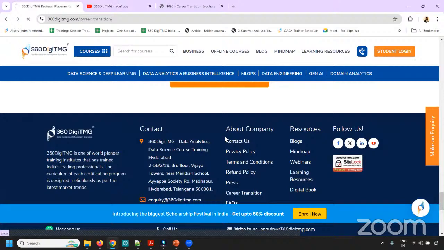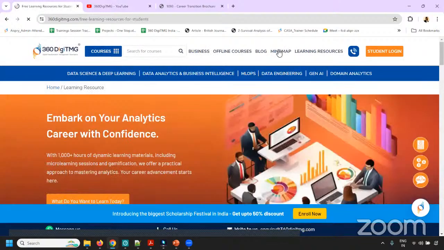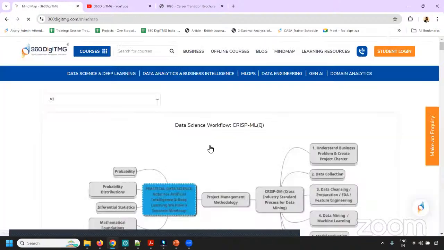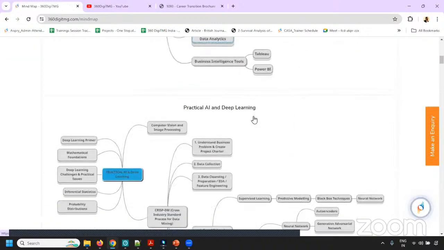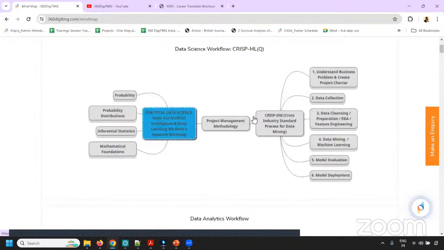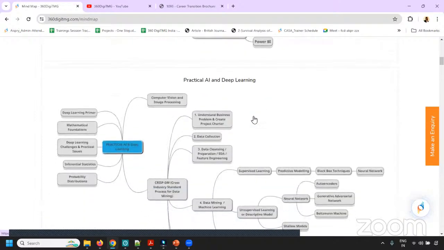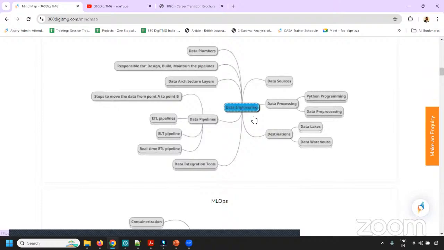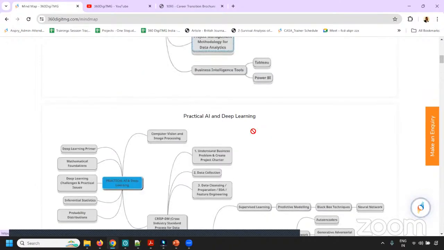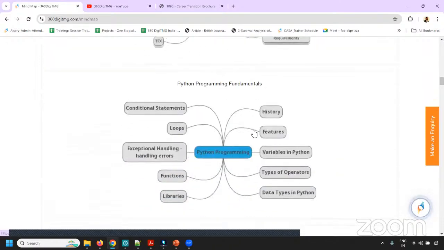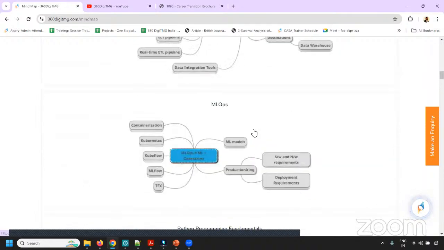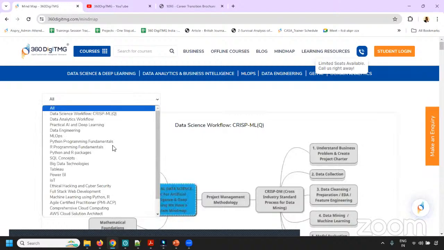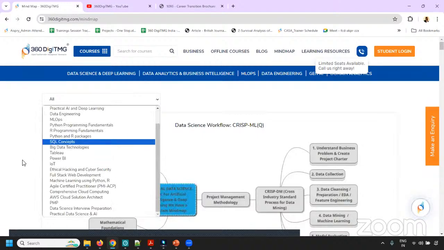And on the website also, friends, I would want you to carefully observe this. There is something called the mind map. This mind map is very good for having a quick review of the concepts that you are learning, whether it is data science, data analytics, deep learning, Python programming fundamentals or R programming fundamentals, and so forth. If you click on this drop down, you can see the whole list of things.